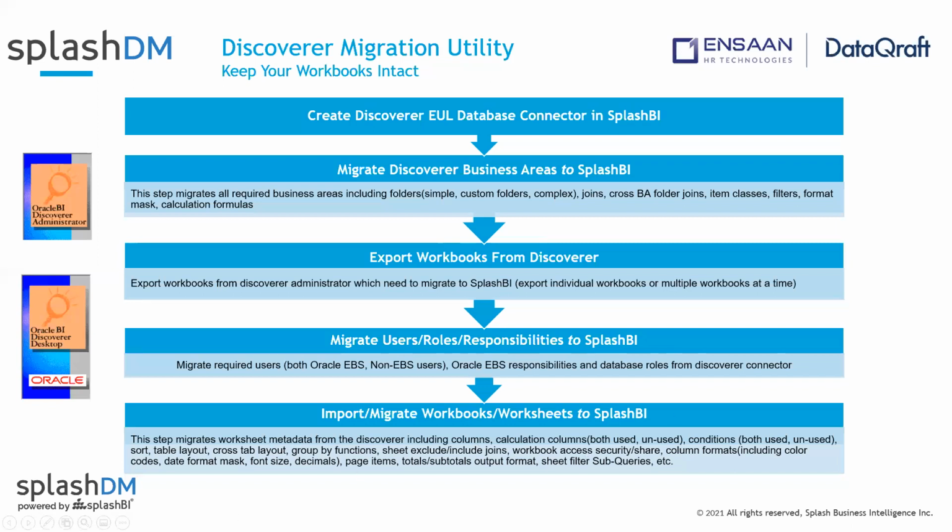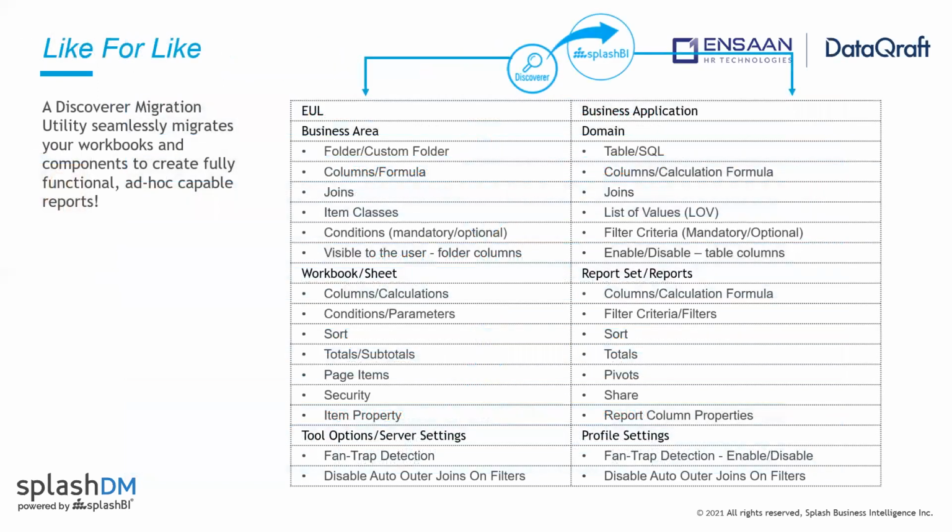The core principle of our utility is to provide a like-for-like replacement for Discoverer. On the left side of this slide are the individual components from Discoverer, which get converted into components within Splash BI. An EUL would become an overall business application, and the business area is converted into a domain, which is Splash BI terminology. It contains subcomponents like your tables, folders, joins, item classes, and